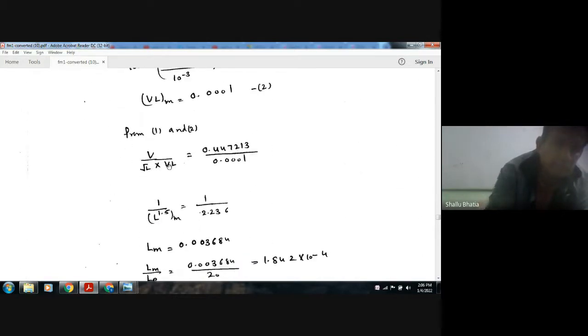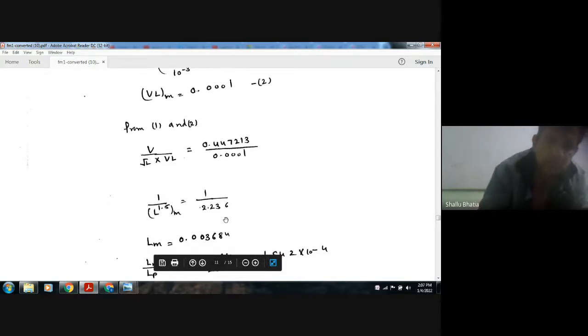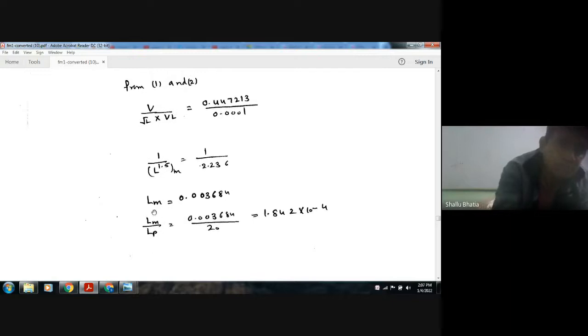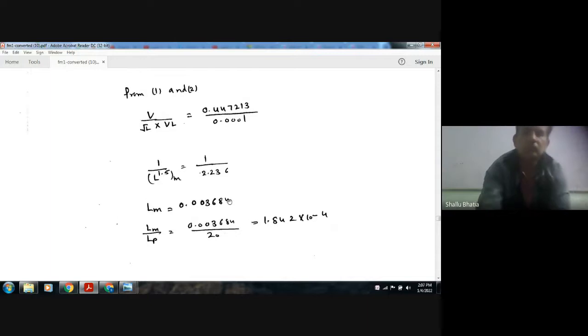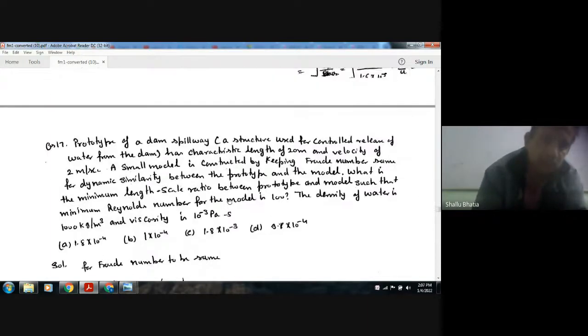V cancels out, so it will be L_M to the power 1.5, which is 2.236. So L_M is 0.002684. Now L_P we have as 20, so the ratio is 1.84 into 10 to the power minus 4. So the answer is